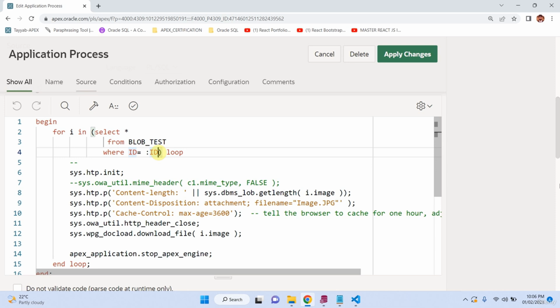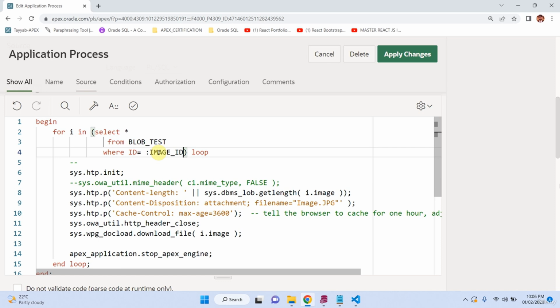Okay, so I can name it as image id. Okay, this is the id of the image which we want to download, and we will create an application level item, and then we will set its id from the page level process, or from the page from which we are